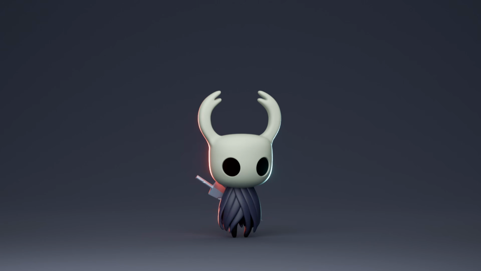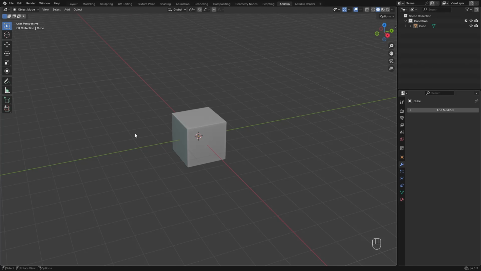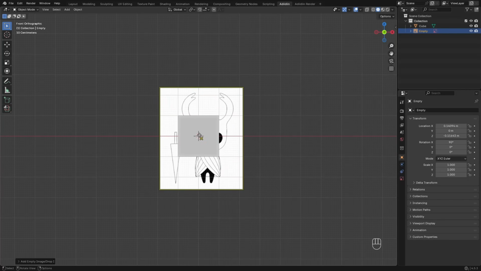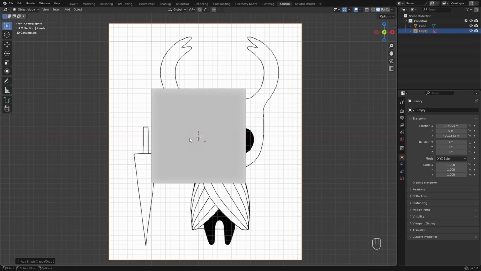Hey guys, today I'm going to show you how I made the knight from Hollow Knight in Blender. First, go to front view and drag and drop the reference. You can download this in the link below along with the other Hollow Knight characters reference from the previous modeling